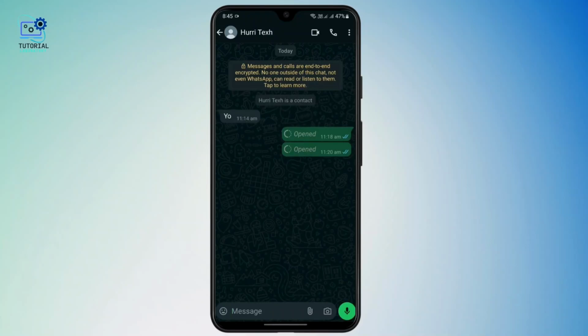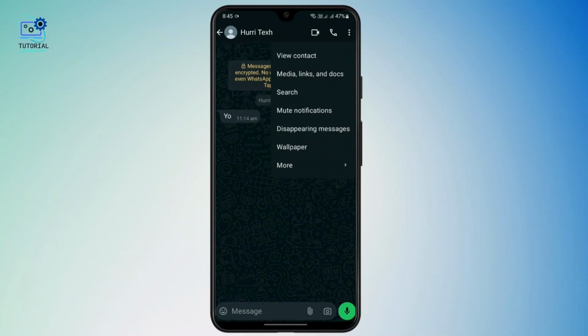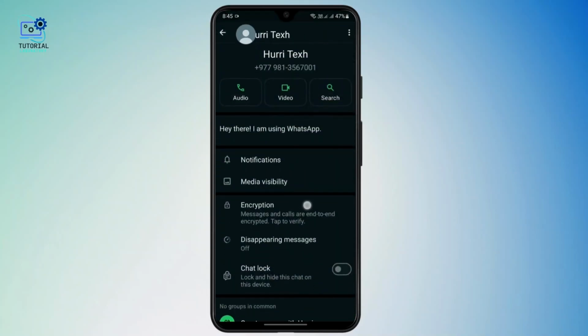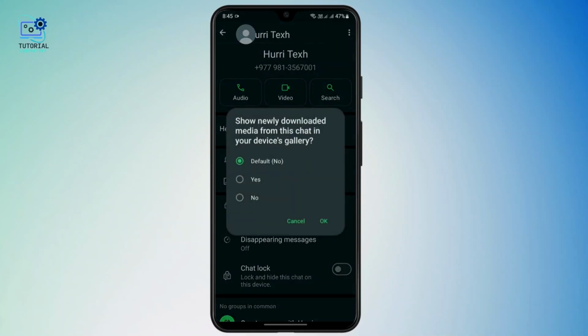One of them is you can just go to one of the person and go to their settings. Tap on the three dot and tap on view contact. Here you can see the media visibility option. Just tap on it and you can see show newly downloaded media chat from this gallery in your device's gallery. Here I have set it to default and the default is no, so it won't be saved into my phone gallery. But if this is on yes, you may just simply turn it on default no and tap on